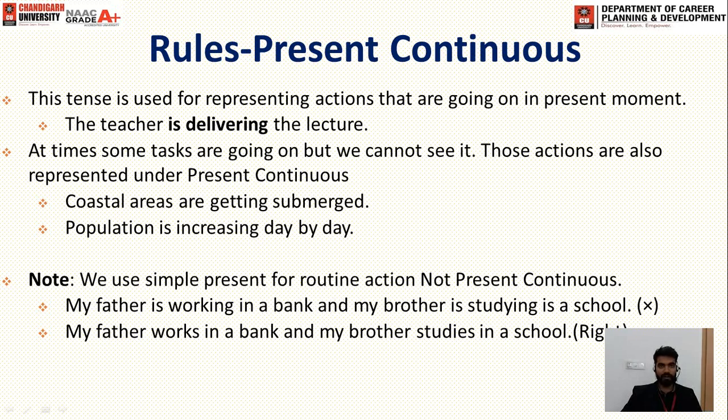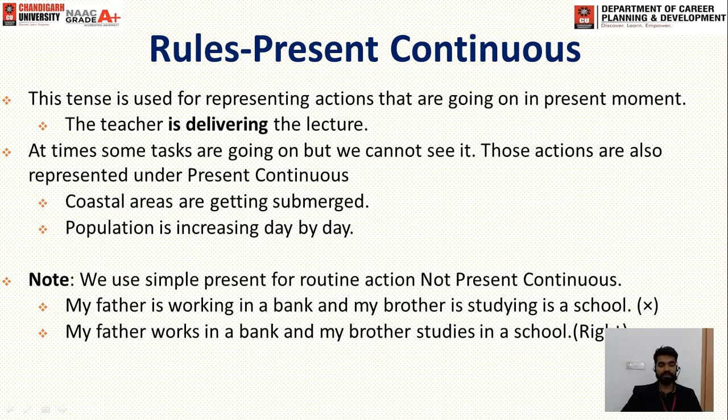At times students commit mistakes while writing or attempting these types of questions. So we use simple present for routine actions, not present continuous. Just see the difference. My father is working in a bank and my brother is studying in a school. This particular sentence seems right whenever you speak, whenever you write, but actually it's not the correct way